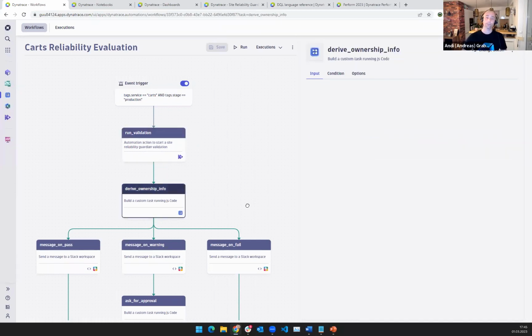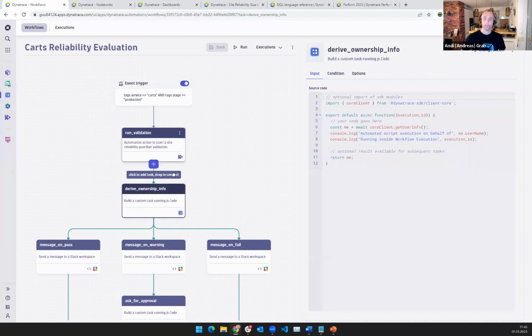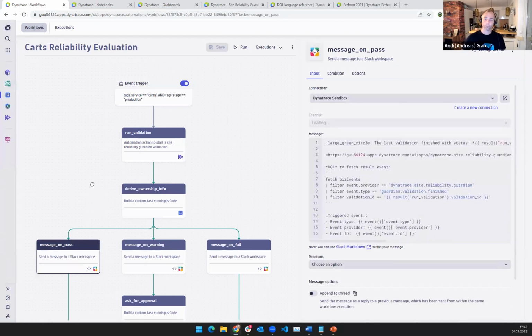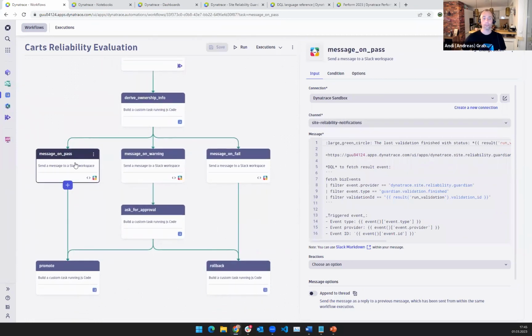Then what's happening? They built a little bit of code for deriving ownership information, and depending on the outcome of the result, if it's passed, warning, or failed, they're sending different types of messages into Slack, notifying people that the deployment happened, the owner data, and that the automated evaluation happened with the final result.